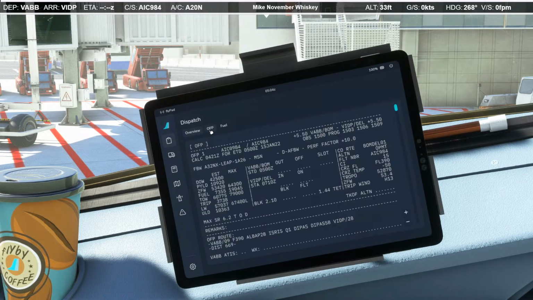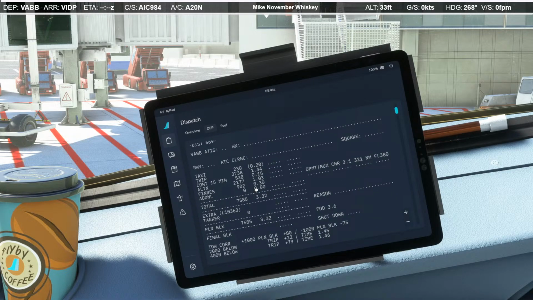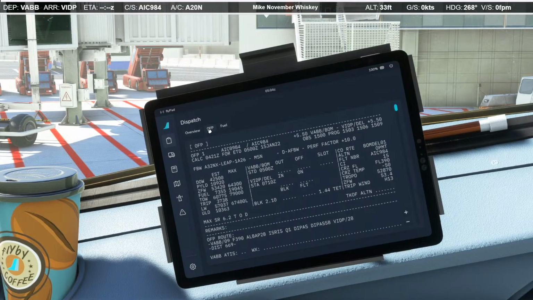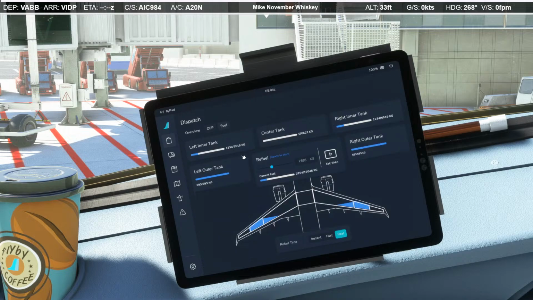Excellent. We'll do our OFP review in a sec, but let's get that fuel going. We are looking at a block fuel of 7.6 tonnes, quite heavy, so the trip fuel is pretty substantial, and our alternate is quite a bit as well. I'm just not going to make any adjustments. We'll just take that amount because that feels like plenty. So 7.585, just confirm that's what we need. 7.585, and start. All right, great.